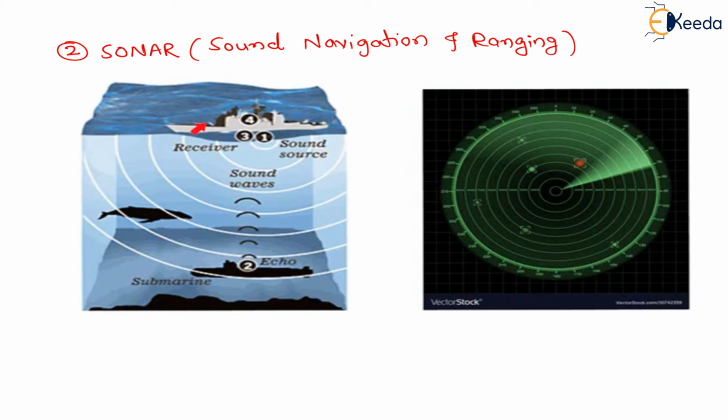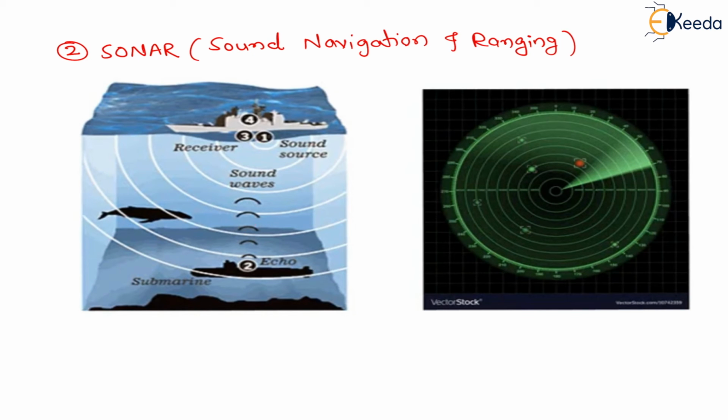See, here we have one ship. In this ship there is a sonar, right? Sonar is a sound source and also a receiver of sound. Here there is a sound generator as well as a receiver of sound. So my dear students, from this location, in all possible directions sound waves are generated, and this sound wave travels in the forward direction. Whenever any submarine or fish or any other object comes in between, the sound wave will strike the submarine, and from this location it will reflect back.